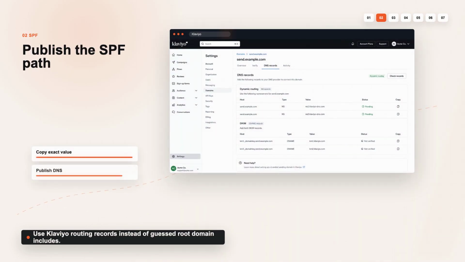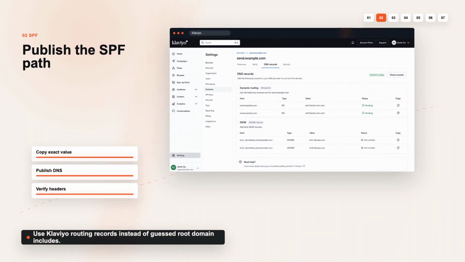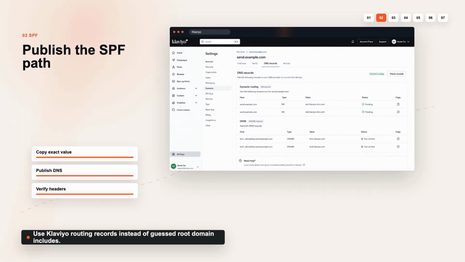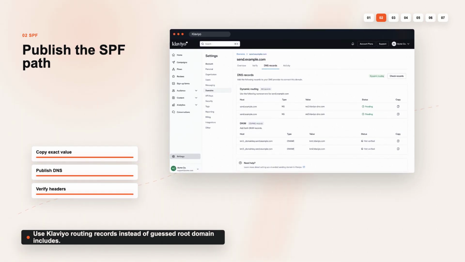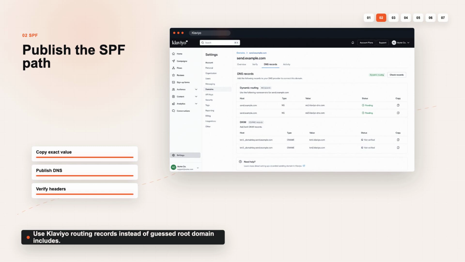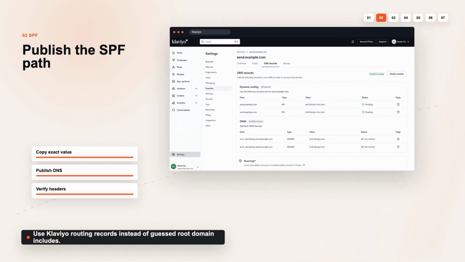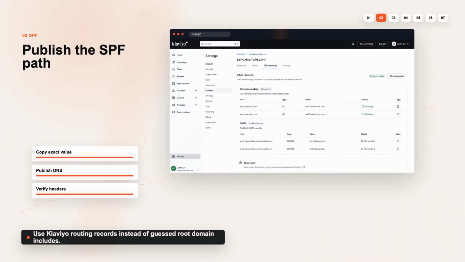For SPF, the Klaviyo detail is routing. If your DNS host supports delegation, Klaviyo can use dynamic routing with NS records on the sending subdomain. If not, use static routing with CNAME records. Either way, copy the exact values from Klaviyo into DNS and keep the root SPF clean, unless another system actually